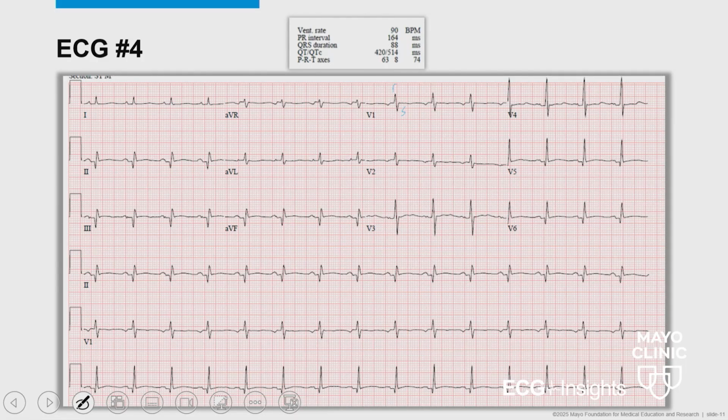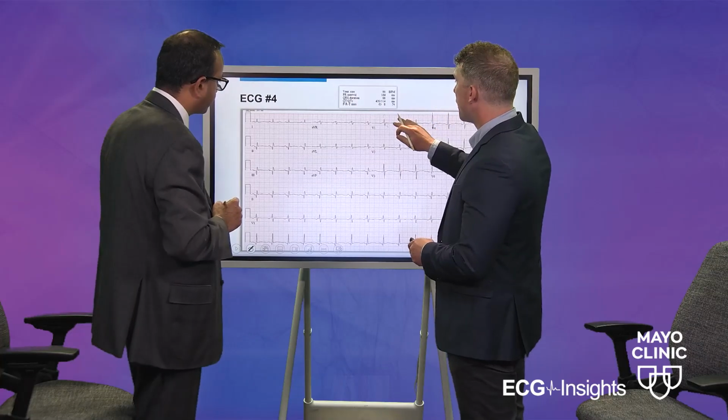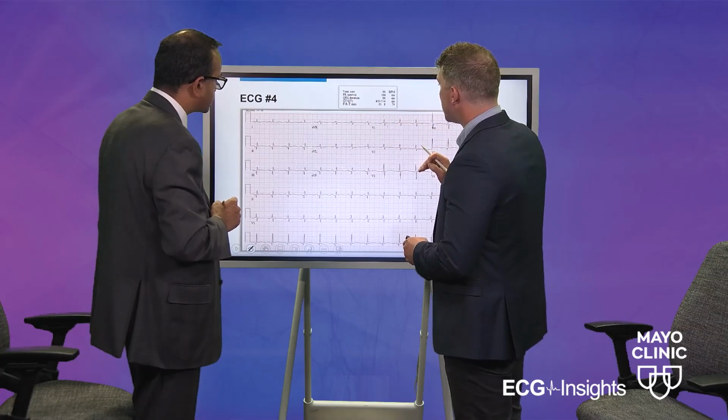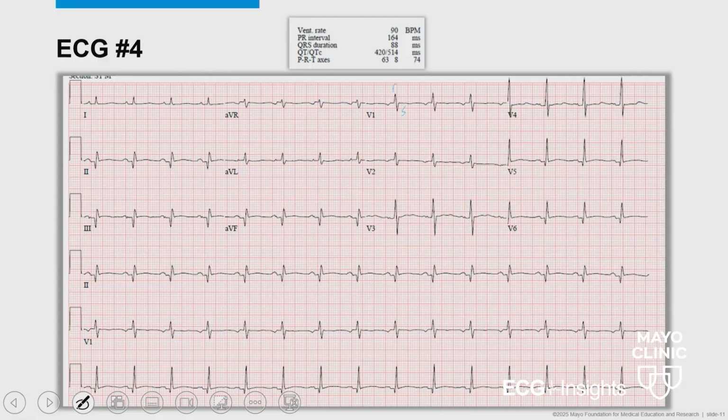It doesn't scream at you, but you notice right away that the R wave is a little bit taller than your S wave. And then the same thing here in V2, and also in V3. So having a more prominent R wave in V1 when you're talking about a potential inferior MI or inferior infarct would maybe be an indication of a posterior wall MI. Absolutely. Yep.